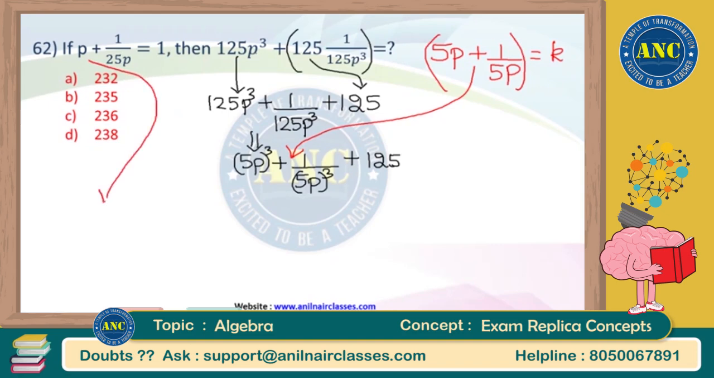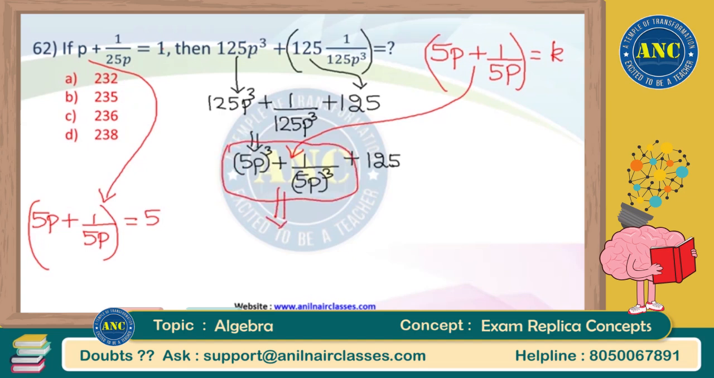Question is not like that. The coefficient of p is 1, but I want the coefficient of p to be 5. Multiply on the left side, multiply on the right side. That means 5 into p is 5p, 5 into 1 by 25p is 1 by 5p, right hand side is 1 into 5, it is 5. If this is known to me, then this particular marked one, 5p whole cube plus 1 by 5p whole cube